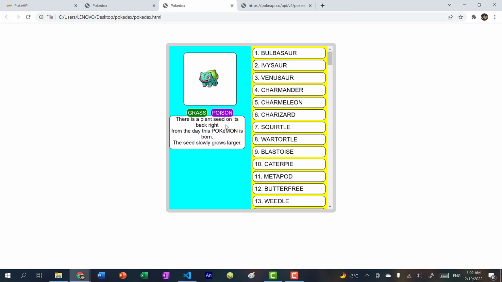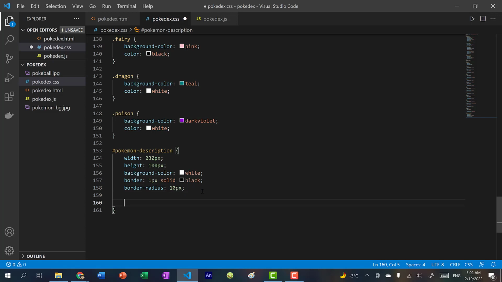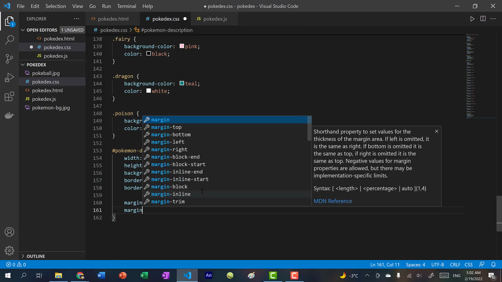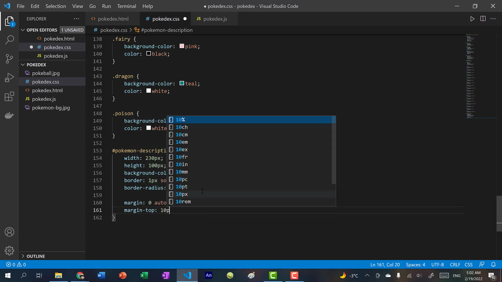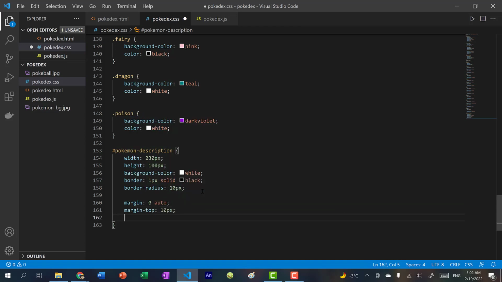Now let's add some margin and padding so that it doesn't stick to the edges, and let's add some margin top so that it pushes down away from the types. So here, I'm going to do margin 0 auto so that it will center the div, and margin top, let's do 10 pixels off the types.